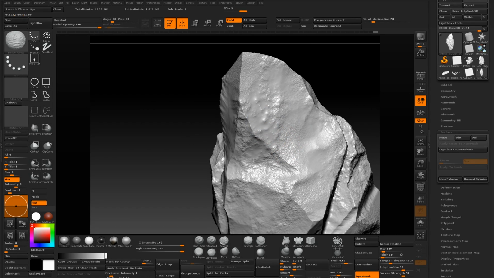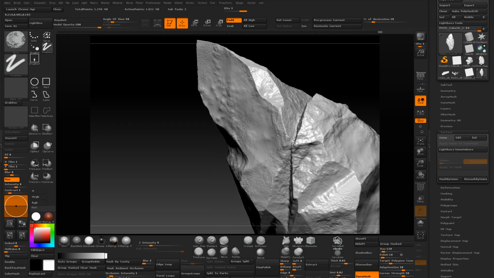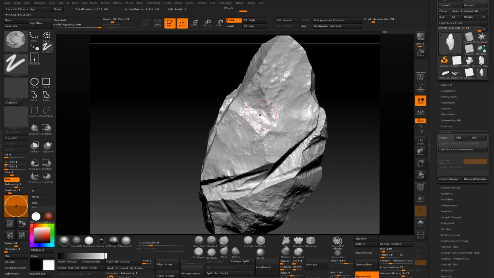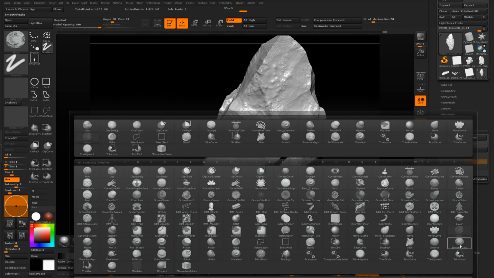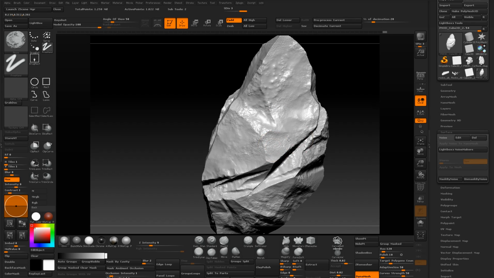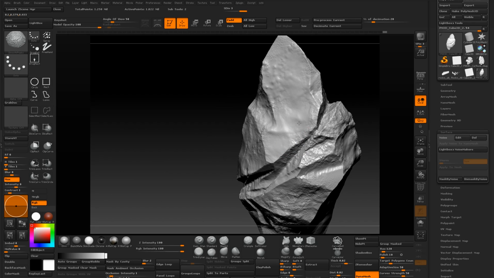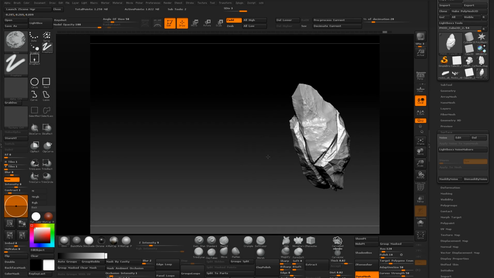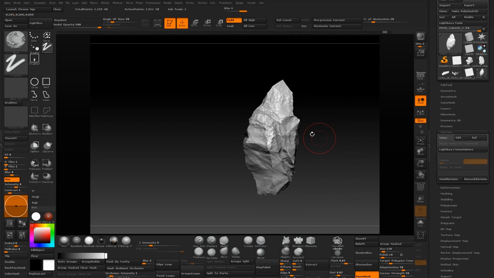I want to use a bit of the smooth valleys and see what it does, and probably not that great. You can also try the opposite, smooth peaks. Okay, and see what that does, but that's really not helping with this particular rock. Not helping at all. Okay,